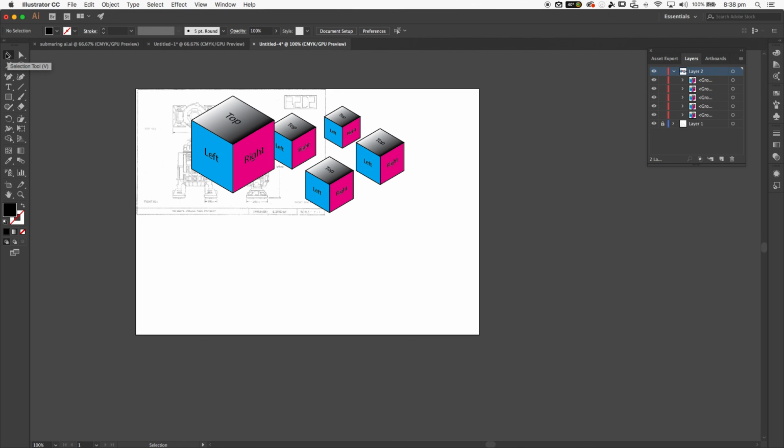So what I'm going to do is stop the video here, have a go at doing that, and I'm going to start up again and really get into a little bit more detail as far as setting up proper isometric grids and doing more complex